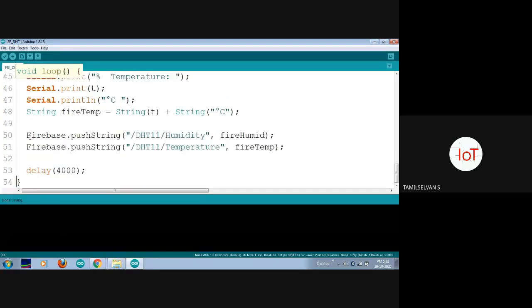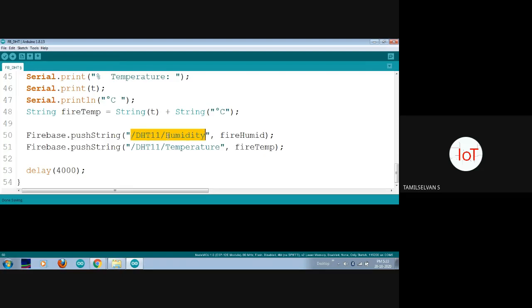And this particular function will call our predefined function in the Firebase .h library. The job of this function is that it will look into this particular path, okay? In the Firebase real-time database, we will have a path for storing our values, that is data. So this is exactly our database. In the database, we will have some feeds, as in our Adafruit cloud. Likewise, here also we have a variable name, and the location also we can specify, okay?